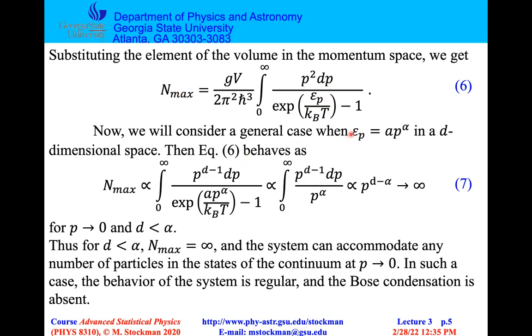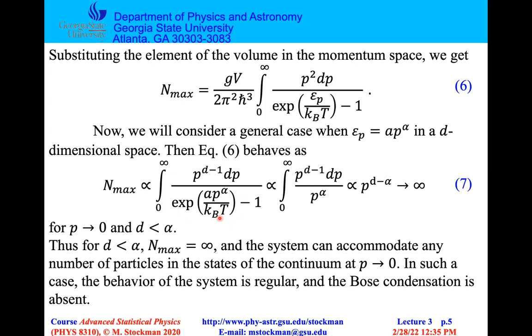Now let us consider a general case when epsilon of p has an arbitrary power law. A is an arbitrary coefficient and alpha is an arbitrary power. Also, I consider space to be d-dimensional. So look here. Here dimensionality is 3. It is the sum of 2 and 1. So this index is d minus 1. So I'm writing it in such general form: p to the power d minus 1 dp. Now this integral I will not take exactly. I'm only interested whether this integral converges or diverges. Assuming that alpha is positive, which is normally the case, and A is certainly positive, it certainly will converge at large p because there will be an exponential cutoff. It only can